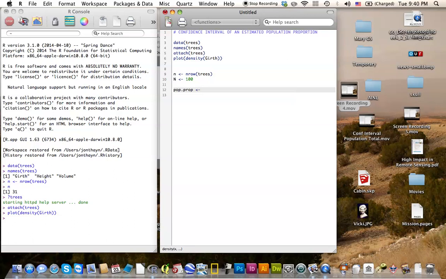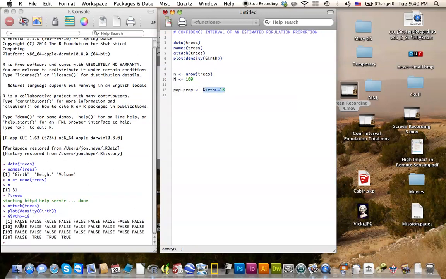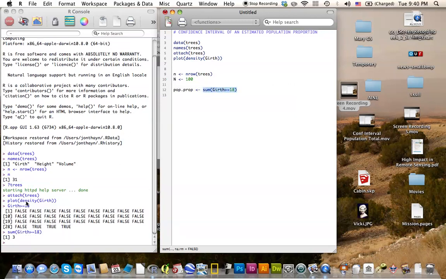And to do that, we need to say, is girth greater than or equal to 18? Now, if we hit that right now, it's going to return false every time that it is less than 18 and true every time it is greater than or equal to 18. And if I sum that up, if you remember, true is 1 and false is 0. So I can sum this up, and 3 out of my 31 trees have a girth or a diameter greater